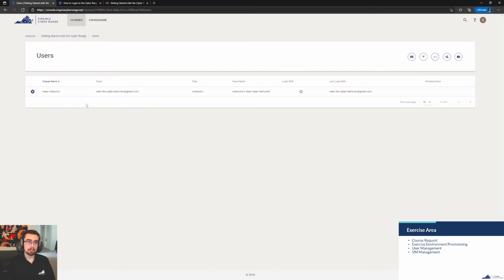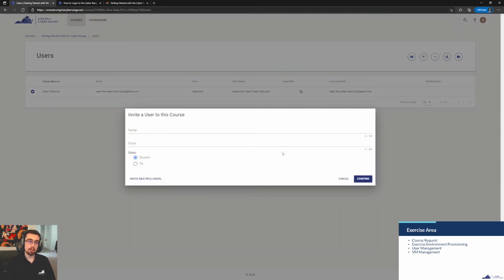We have a few different options actually. There are 3 ways. We can do individual user invites, where we just need to include their name, their email, and the role that we want to give them. Or we can go with inviting multiple users. You could use Google Classroom integration, or you can use a CSV. We do have guides on all of these things in our knowledge base, so if you want to learn a little bit more, definitely check those guides out. But for now, we're going to demonstrate how to do the CSV method.